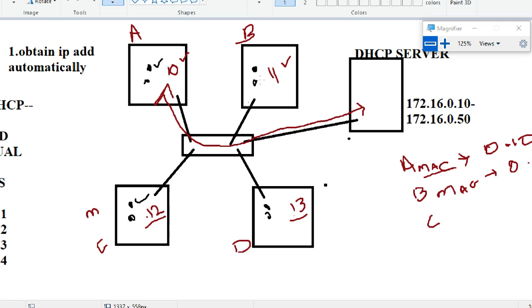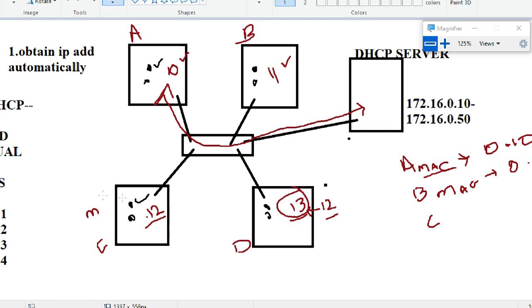As per the order 10, 11, 12, we should get 12 here, but we won't; we get 13. Why? Because DHCP also assigns from the pool one by one, 10, 11, 12. But when this PC is already 12, it will immediately change this one from 12 to 13 automatically. So if 12 already exists in the network, DHCP skips it. But it is better not to use it like that.